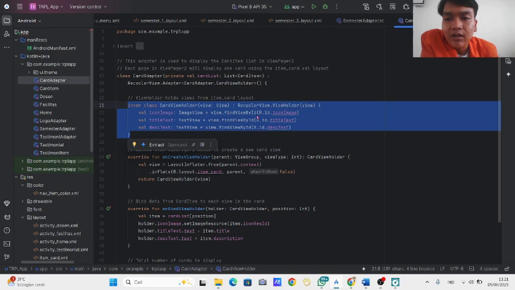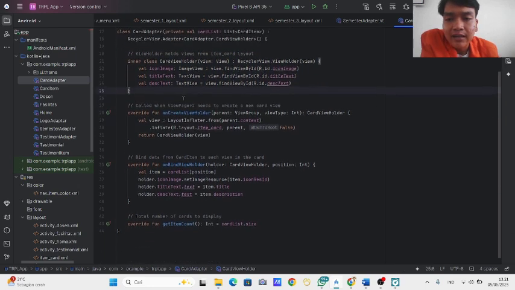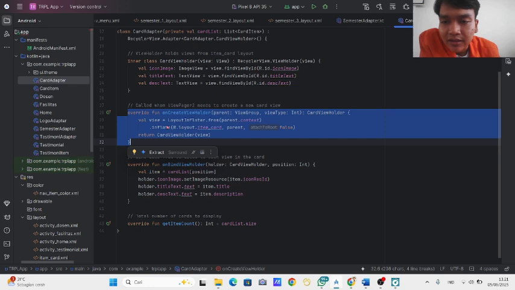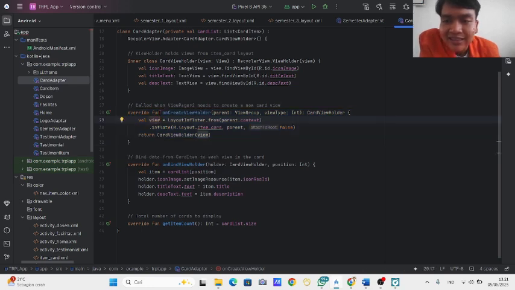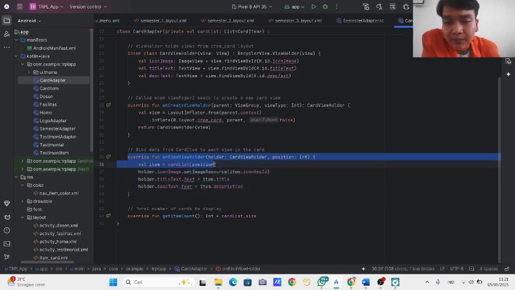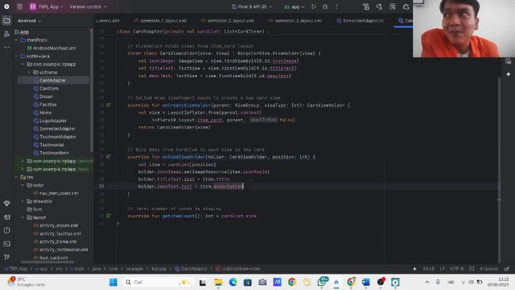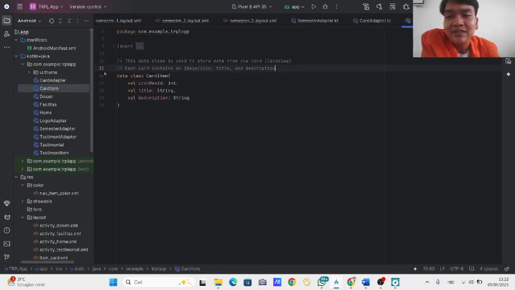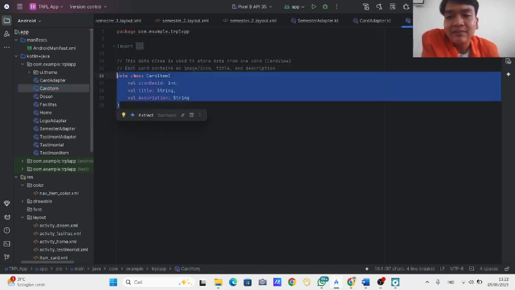This view holder holds the view from the item card layout. This is called when view pager 2 needs to create a new card view. Okay, create one binding view holder from card item for each view in the card. And then return the total number of cards to display. Then it is the card item.